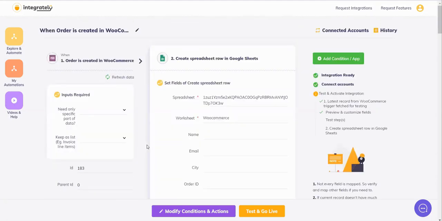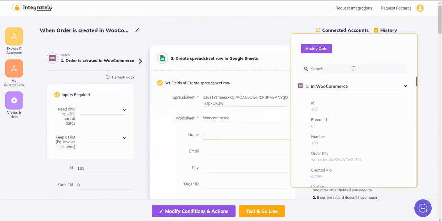Now coming back to mapping. Now let's quickly map the fields for the name. Let's start typing your name. Now, as you can see, I have just name, which actually represents full name, and they have two parts, first name and last name. So what I need to do is I need to click on first name, click back here, click on space bar. Now I need the last name, and now both the names will appear with the small space in between. This was all thanks to the new feature that Integrately announced recently.